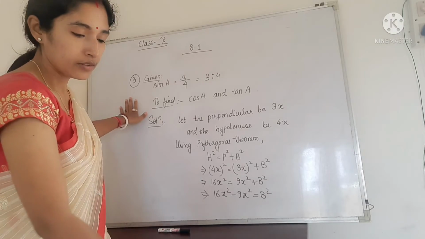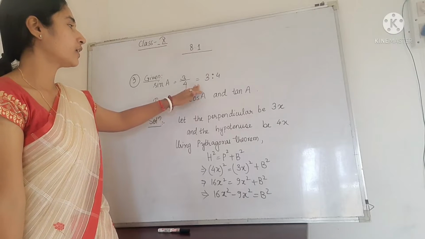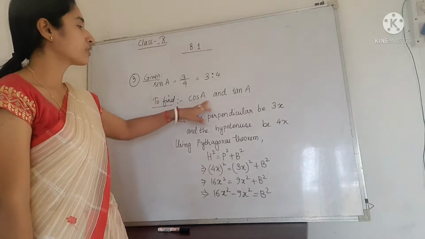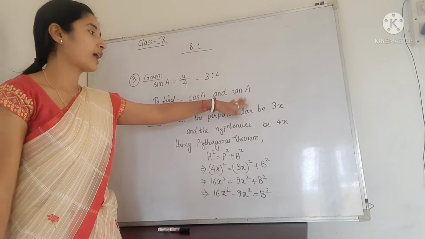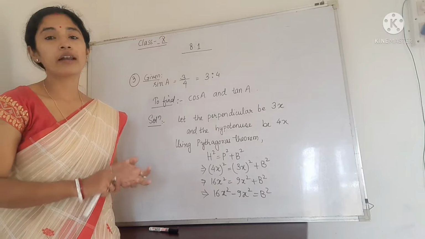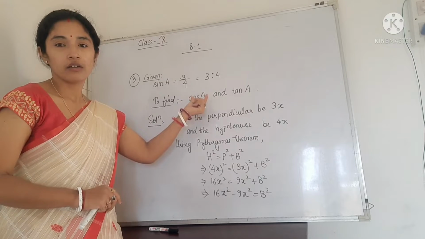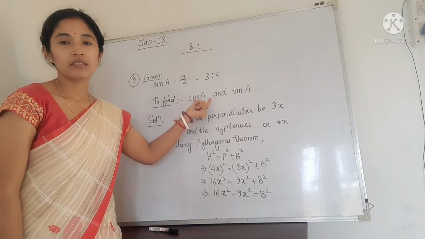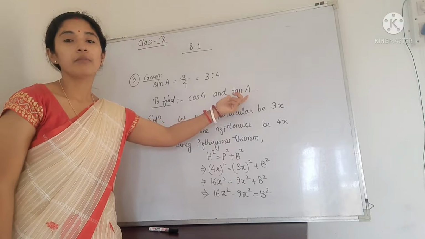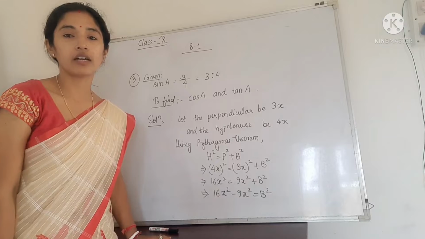You can see here that the given condition is the value of sin A, that is 3/4. Also we can write it in terms of ratio, that is 3:4. Now we have to find the value of cos A and tan A. For finding cos A and tan A, we must know all the lengths of the right angle triangle. For example, if only perpendicular and hypotenuse are given, then we cannot find cos A and tan A, because cos A is base by hypotenuse. Similarly, tan A is perpendicular by base. So for these reasons, we need all three lengths of the right angle triangle.